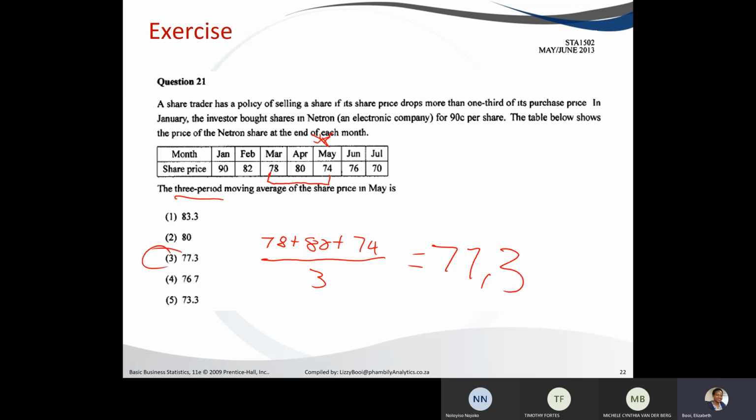Which is option number 2. And that's how you calculate the moving average. Any question? Any question? If there are no questions, then we can move on to